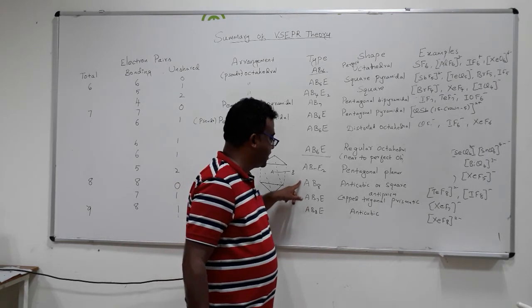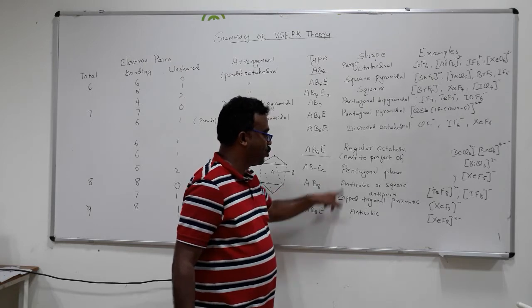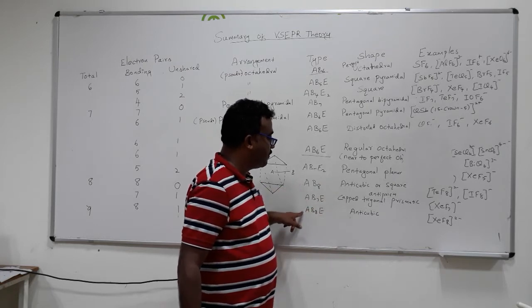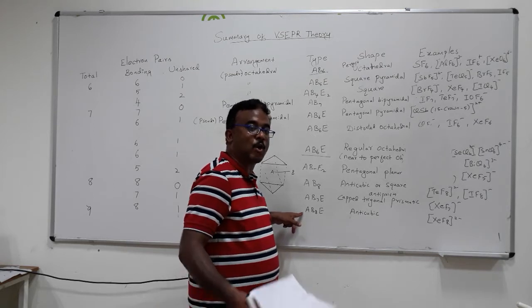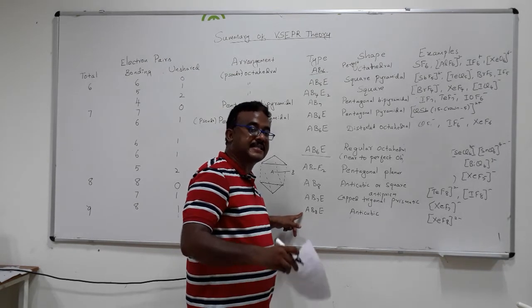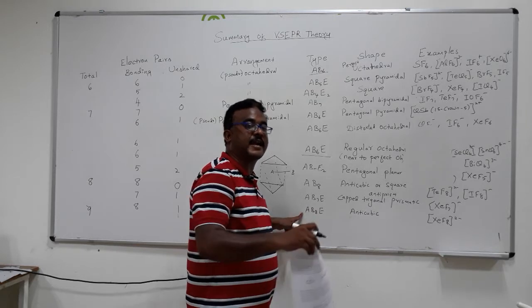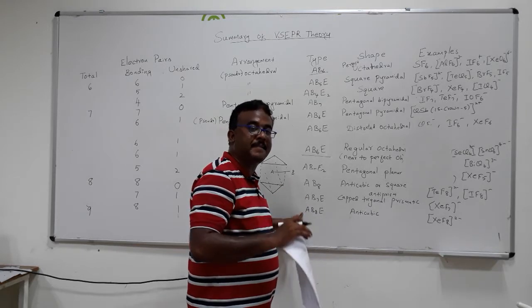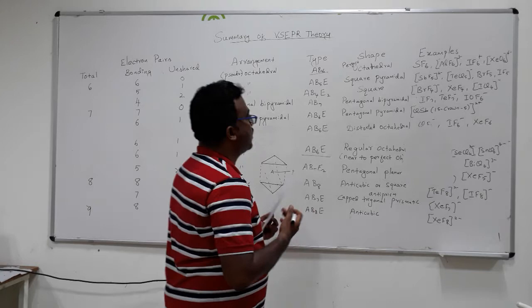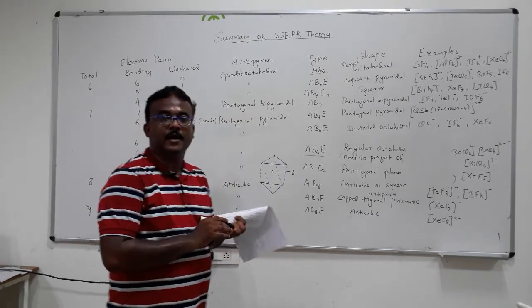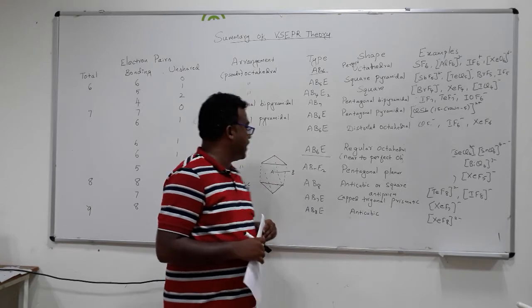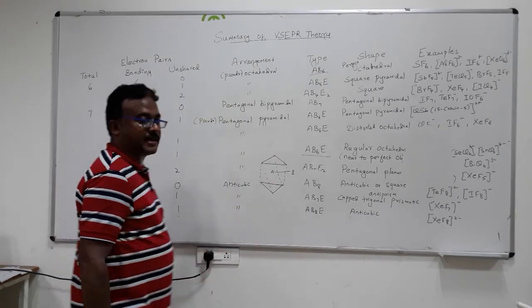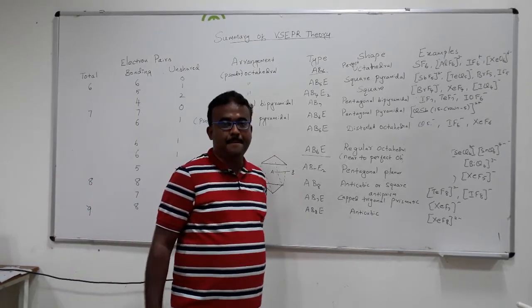The geometry is the shape of the molecule. Both cases look anticubic, but compared with this one, this is more distorted. Where the lone pair of electrons is occupied, on that side the bond length will be elongated and the bond angle will also be increased. Okay, now I have summarized our molecules up to 9 electron pairs with various examples.